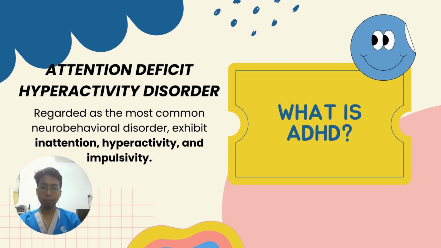and so on. And do you know that there is an estimated 3% to 5% prevalence among school-age children diagnosed with ADHD? And it is most likely three times more in boys than girls, which is a new thing that we need to understand, which is the data given shows that it most likely happens to boys rather than girls. But that doesn't mean that girls don't exhibit it or cannot be diagnosed with ADHD.